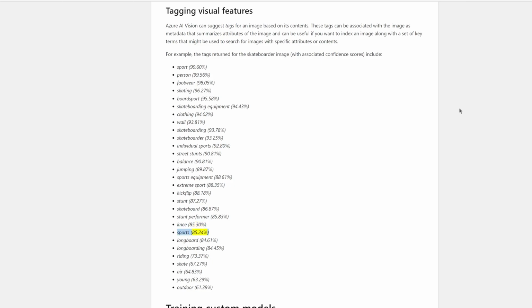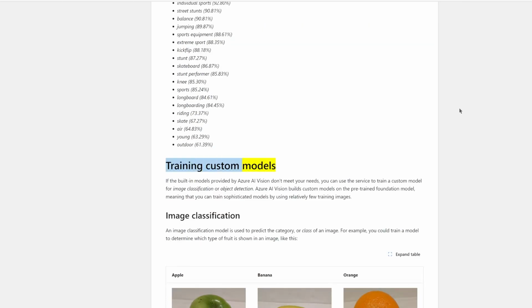Sports, 85.24%. Longboard, 84.61%. Longboarding, 84.45%. Riding, 73.37%. Skate, 67.27%. Air, 64.83%. Young, 63.29%. Outdoor, 61.39%. Training custom models. If the built-in models provided by Azure AI Vision don't meet your needs, you can use